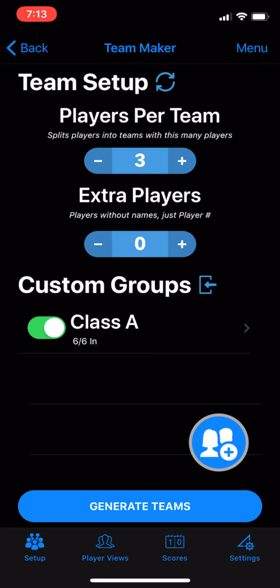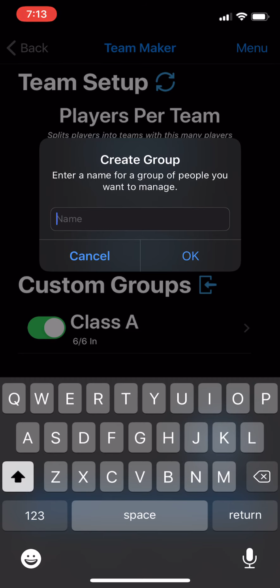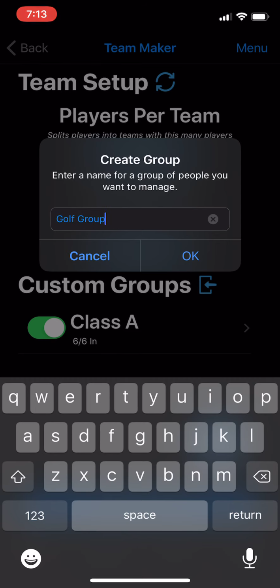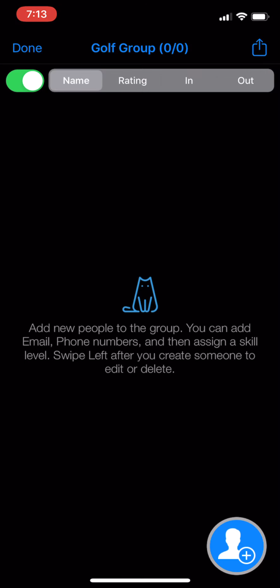Now, I have already preloaded some data in here so that way you don't have to watch me click add names and whatnot. But imagine that there's no classroom A, that this didn't exist. You would come in here and you're going to press this add groups button. So let's say I'm going to create a golf group. I'm going to click OK, and I'm going to go here and I'm going to tap on the golf group,